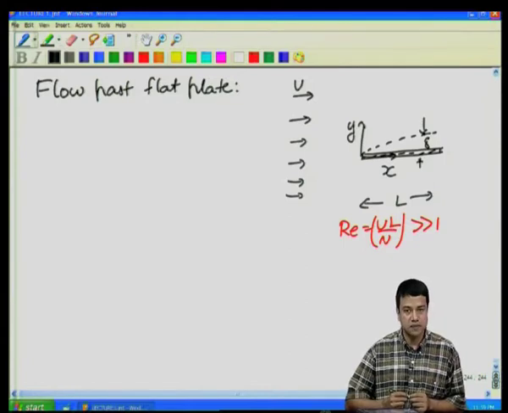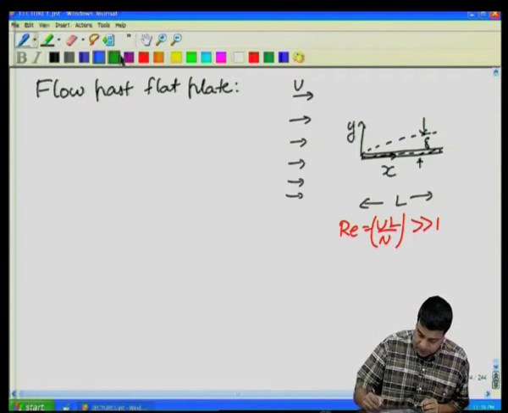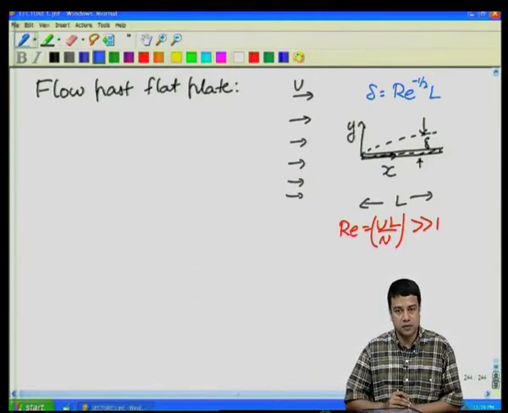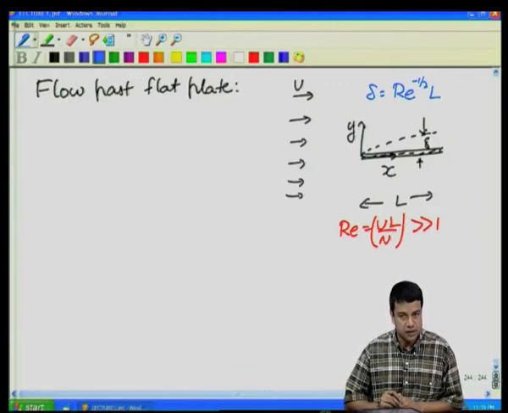So, on that basis we found that delta is equal to Re power minus 1 by 2 times L, okay, where Reynolds number is rho U L by mu or U L by nu. Therefore, delta goes as 1 over Reynolds number power half, goes to 0 in the limit as Re goes to infinity. And in that case, the